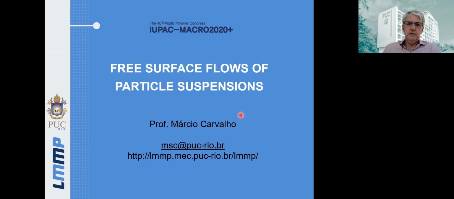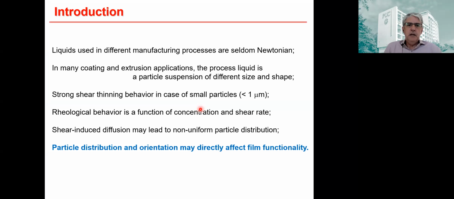I'm going to talk about free surface flows of particle suspensions. Many liquids that are used in different manufacturing processes are non-Newtonian. In many coating and extrusion applications, the liquid has particles suspended, particles of different shapes and different sizes. Depending on the size of the particles, the non-Newtonian behavior of the liquid can be very different. You can have very strong shear thinning behavior, or even at high concentration, shear thickening behavior at very high